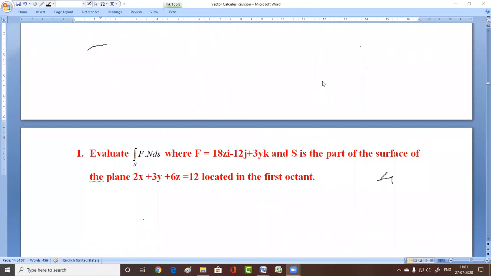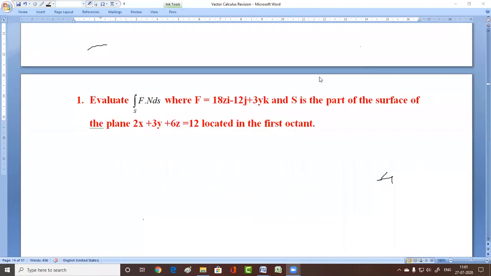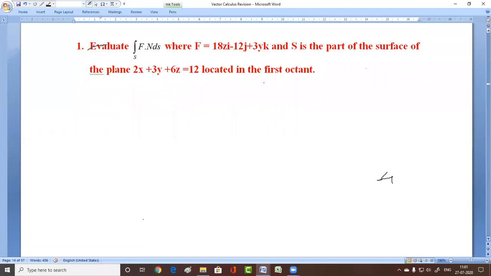Now we will discuss most important problems. If you know all these problems, then we can apply Gauss divergence theorem, Green's theorem, and Stokes theorem. So this is a most important question. Gauss divergence theorem is a relation between surface integrals and volume integrals. For applying the Gauss divergence theorem, we will find the surface integral and also the volume integral. Finally, we will equate both the integral values.